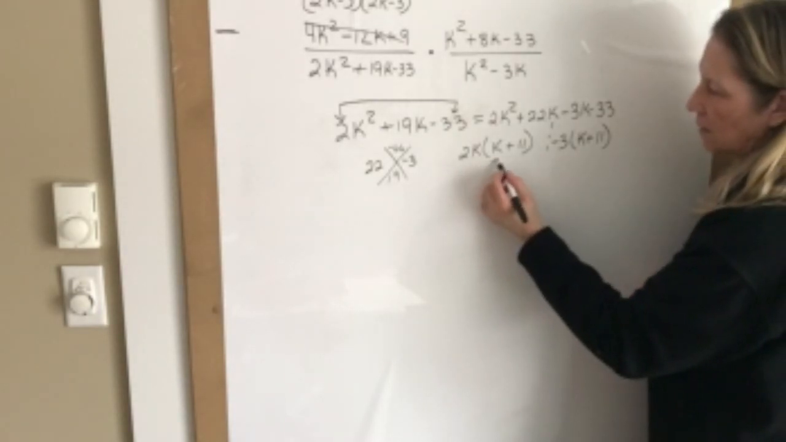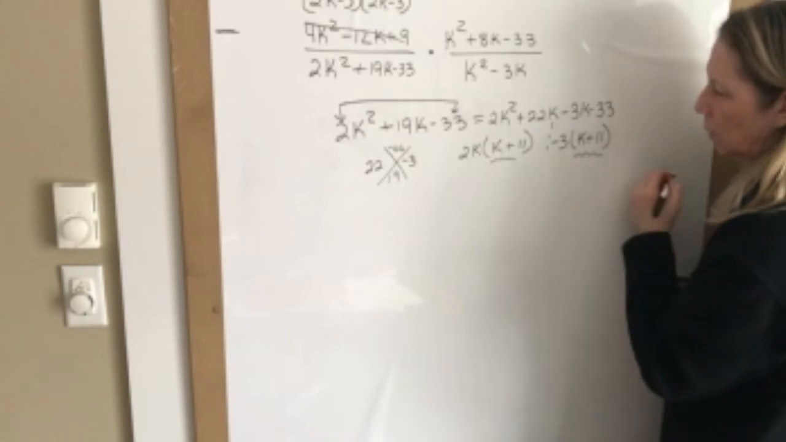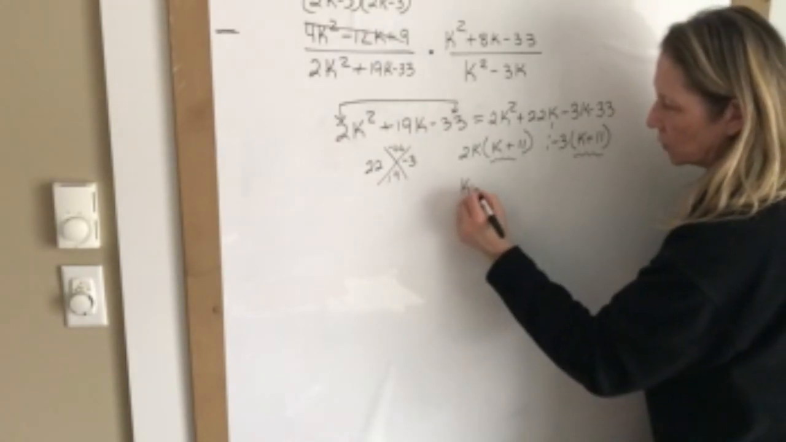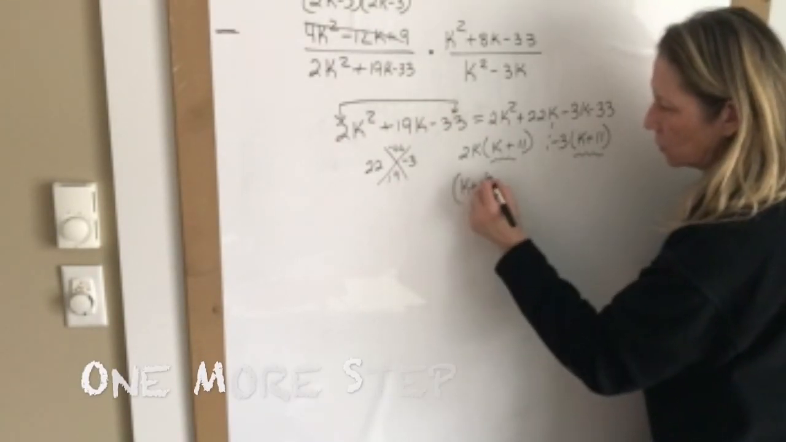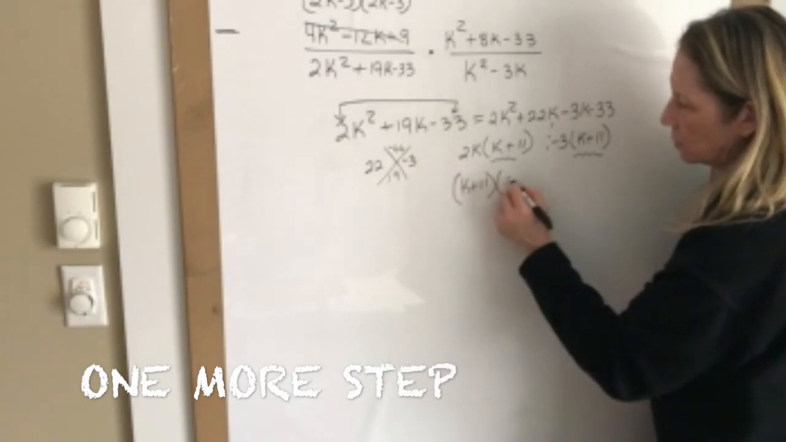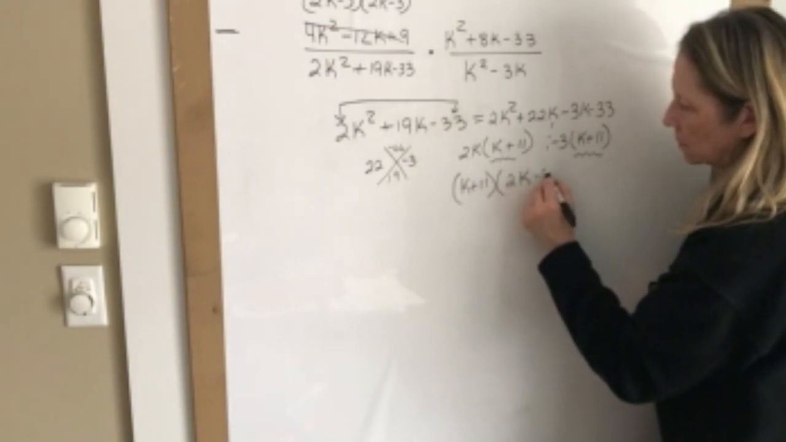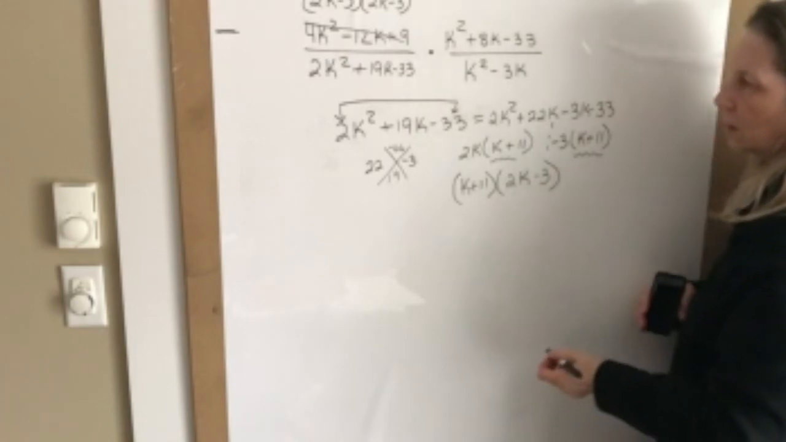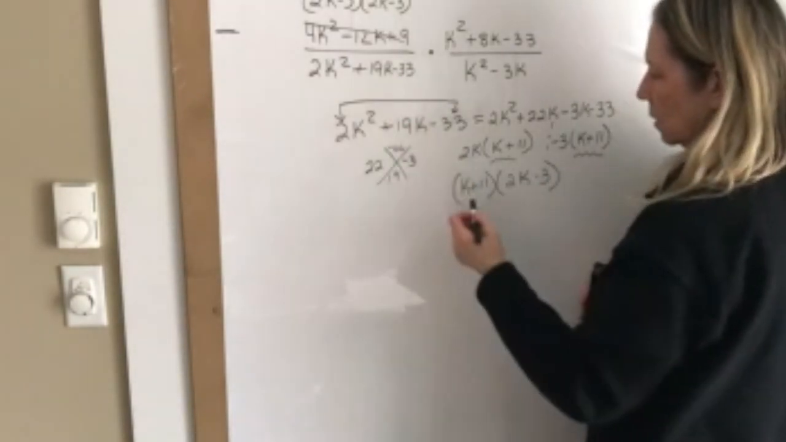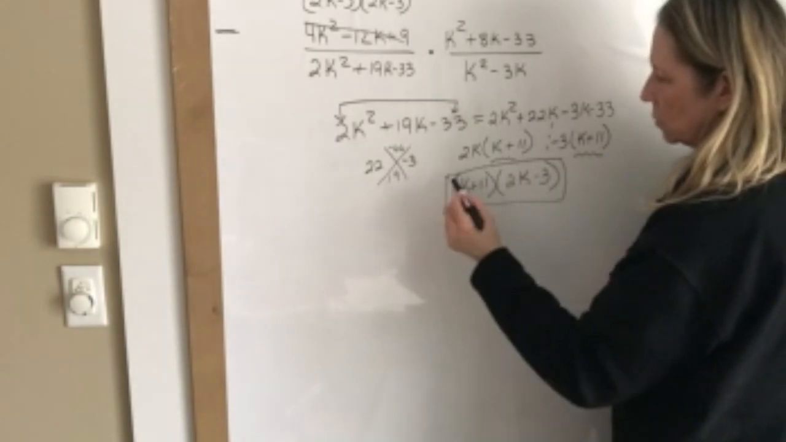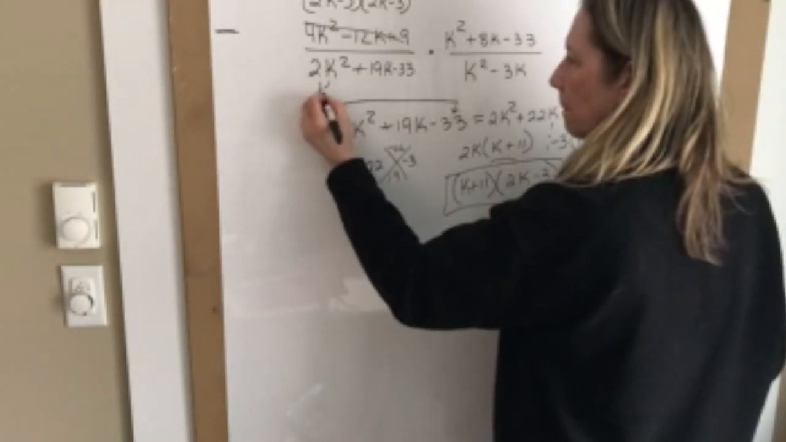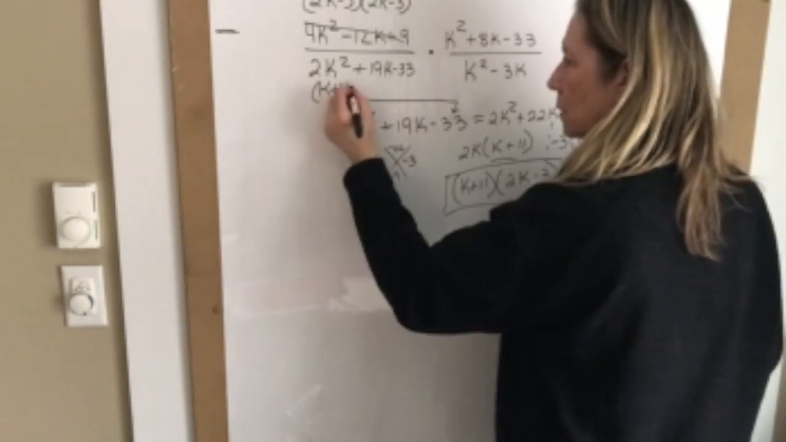Once again, this is common to both of them. So we'll do one more step, take that out, and we're left with simply the 2k minus 3. Voila. So this can be factored into k plus 11 times